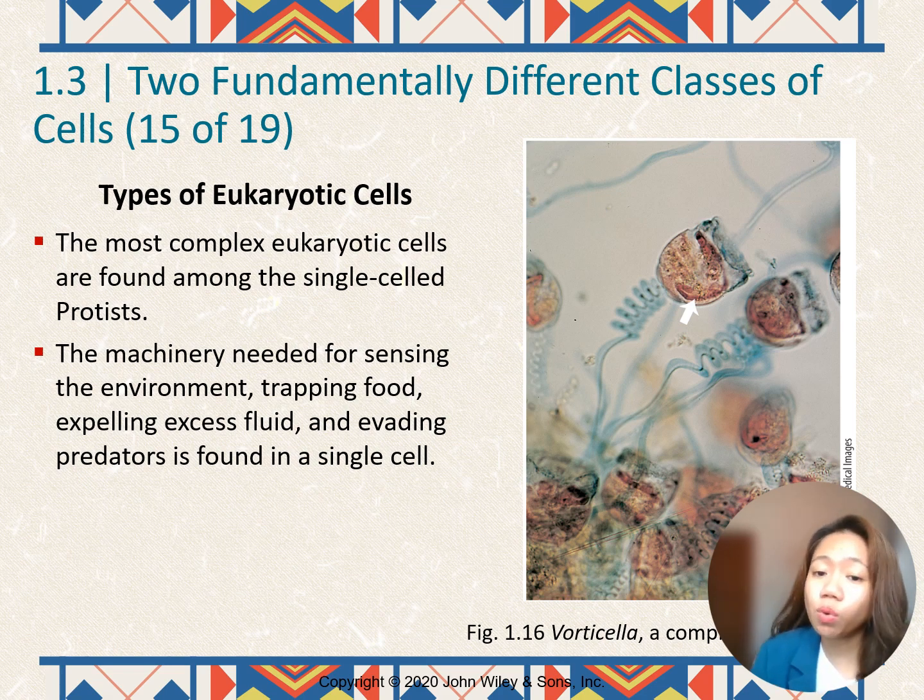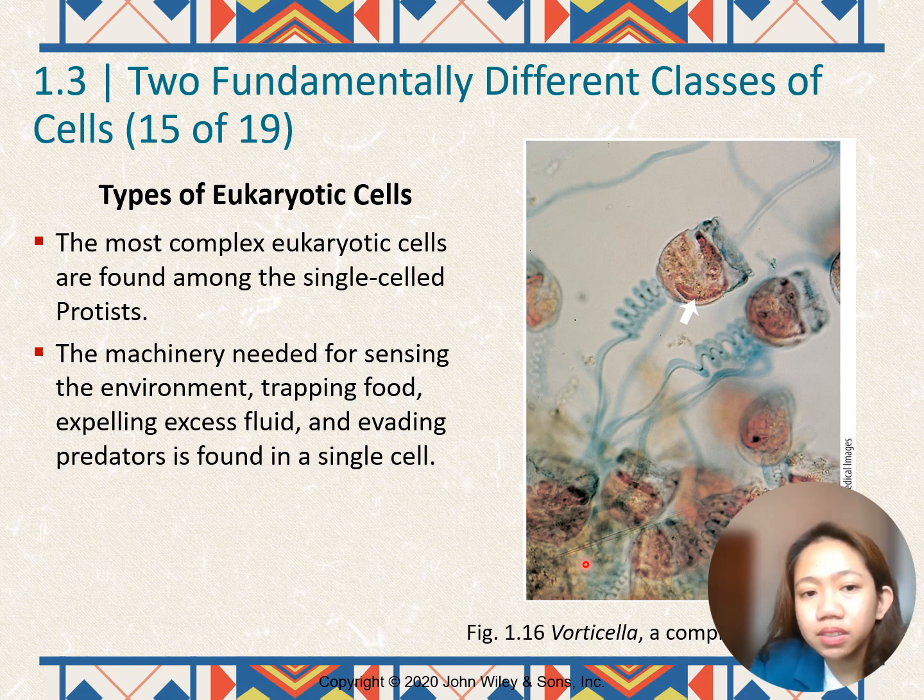They are the most complex organisms in terms of cell structure, and there are variations in their structure. So, for example, here in our slide, we have a member of the kingdom Protista, a single-celled vorticella. The arrow right there is actually the cell itself with a modified flagella, which it now uses to attach itself to the substrate. So it's like a plant, but not really because it's not photosynthetic. They're single celled, and in this case, it's not mobile, so it stays in the same area, but it also